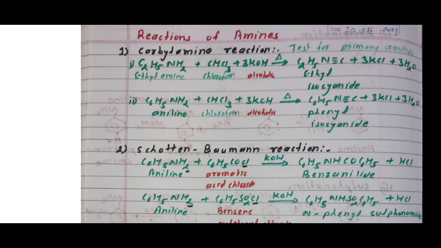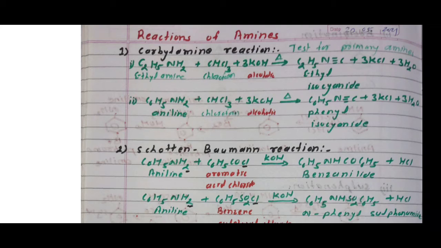For example, I am taking here ethylamine, C2H5NH2, plus chloroform, CHCl3, plus 3 molecules of alcoholic KOH. These three components are heated to form ethyl isocyanide. Here the cyanide group is C triple bond N, and the isocyanide is N triple bond C, with the ethyl group attached to the nitrogen atom. Therefore, the name of this compound is ethyl isocyanide, plus 3 molecules of KCl and 3 molecules of H2O